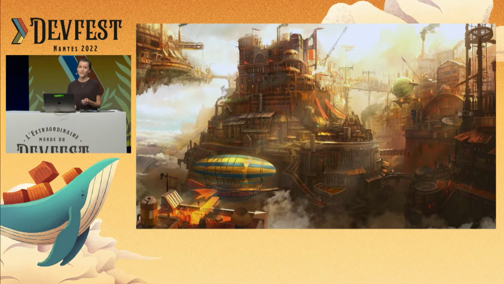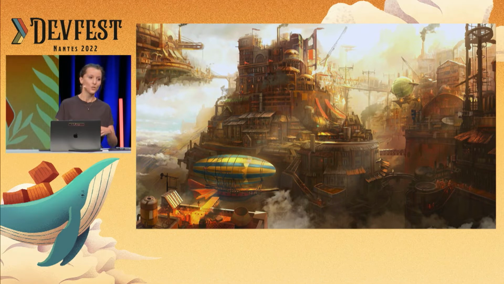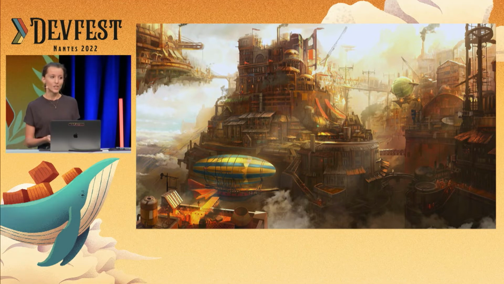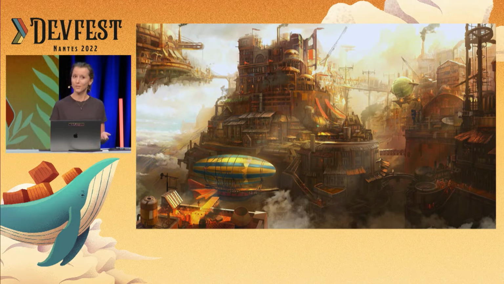He wrote adventure stories like Journey to the Center of the Earth, 20,000 Leagues Under the Seas, Around the World in 80 Days. All of his books give a central place to the technological advances of his time. And for this reason, some call him the father of science fiction, which is a pretty cool title, I guess. So he got very successful.